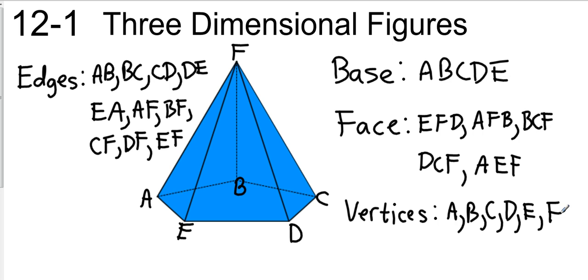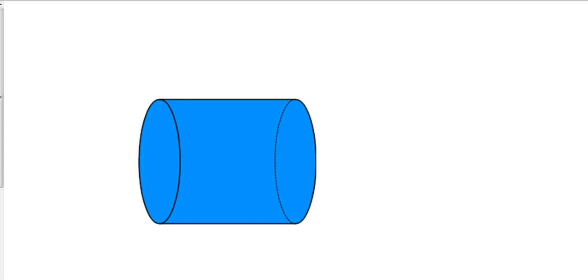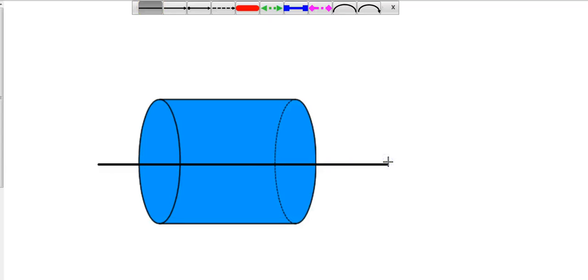Okay, so bases and faces, edges and vertices. All right, and we should be able to do that with any shape. So let's take a look at another shape. Let's take a look at this cylinder, and we're going to look at cross sections. If I were to run a line through this and cut it in half, if I was to play like Fruit Ninja on this thing and take my samurai sword and cut it in half, there's two different results I would get here. Okay, if I Fruit Ninja this thing right across the middle and I opened it up,